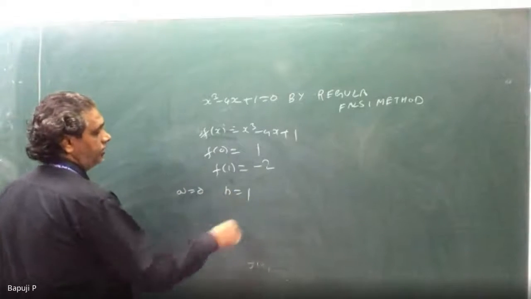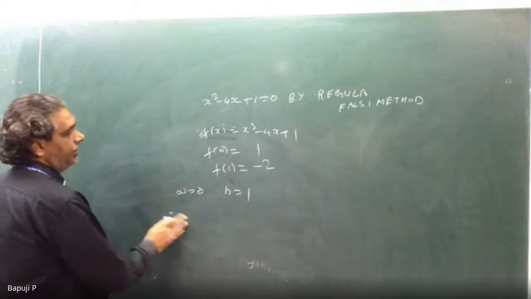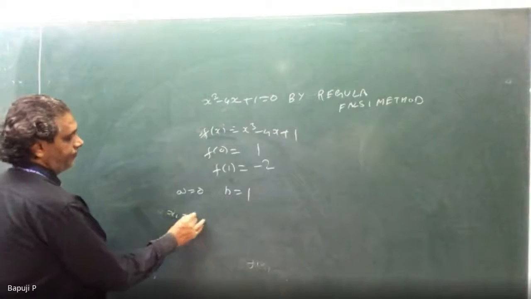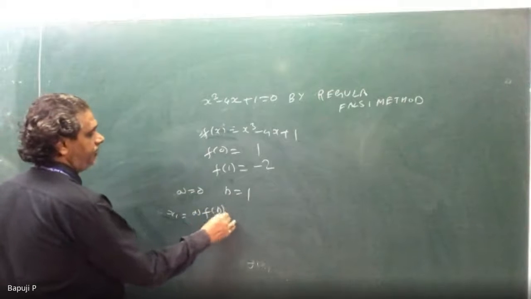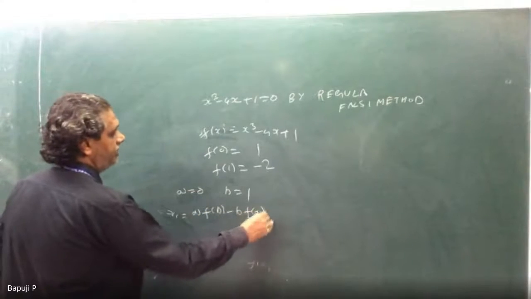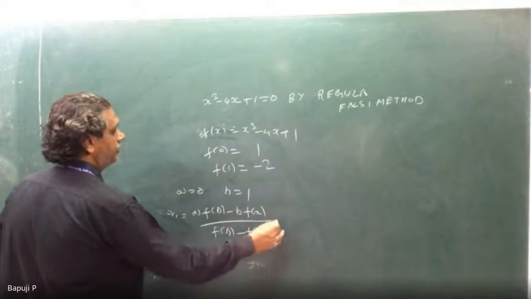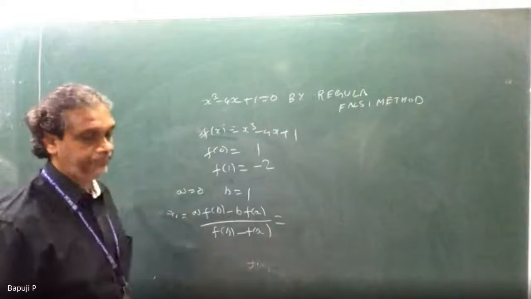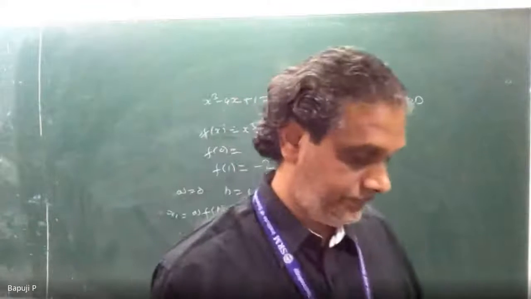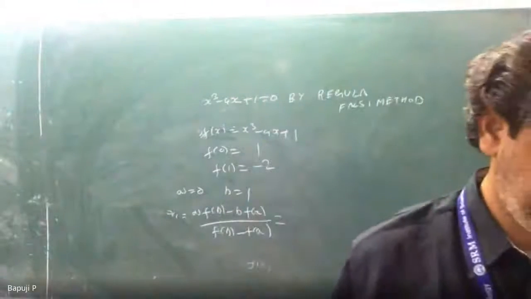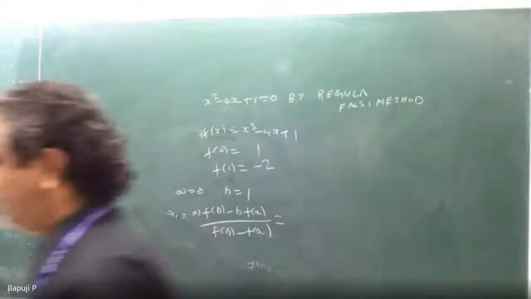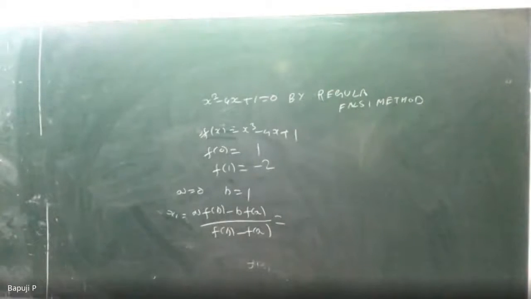And b is equal to 1. Then what x will you get? Find x1: a into f of b minus b into f of a. What will you tell me? Yes, this is possible, right, sir? Okay, that's not a problem because of minus plus, if you want you can take that.